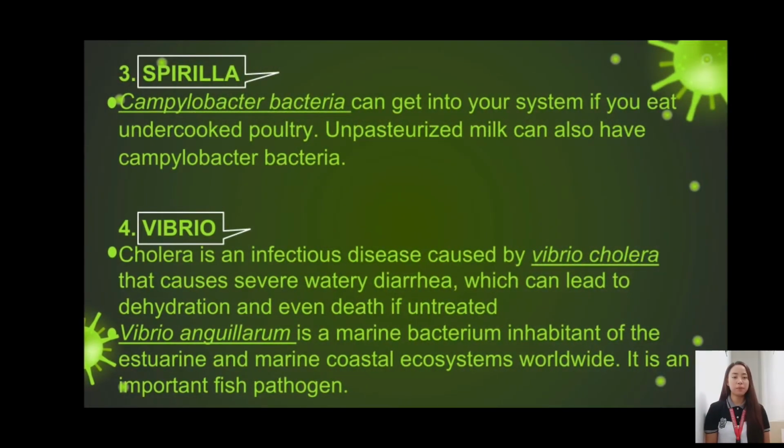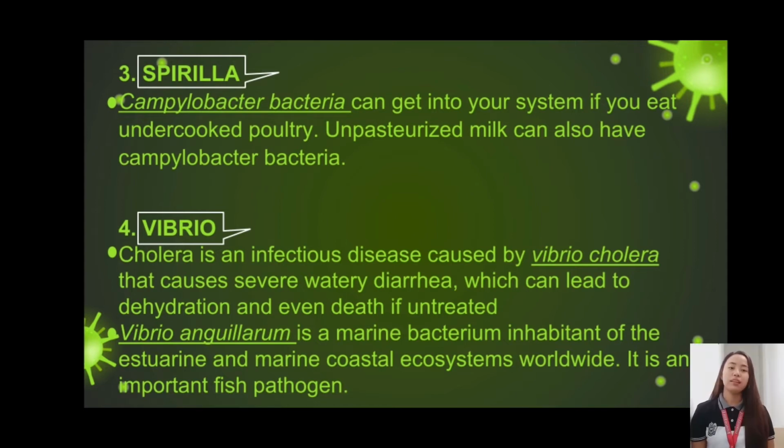The number 3 example of bacteria is Spirilla. Under po nito ay Campylobacter bacteria, kung saan it can get into your system if you eat undercooked poultry. Unpasteurized milk can also have Campylobacteria. Ito po ay yung kapag po may na-overcook, undercook, yung po mga na-unpasteurized, maaari po kayo makakuha ng bacteria po